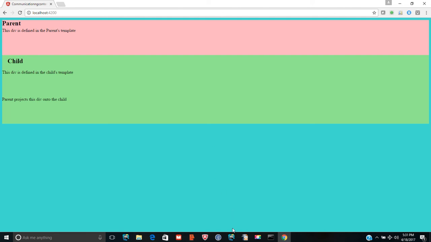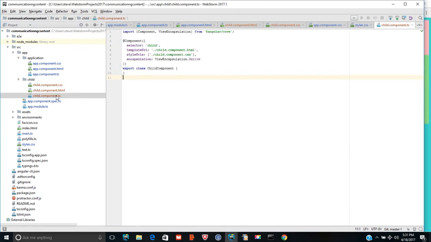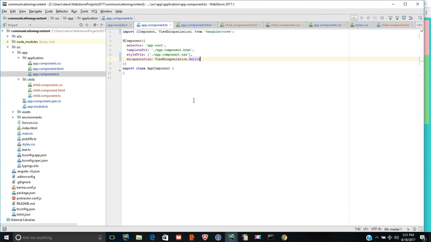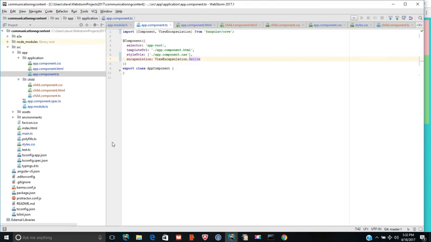And I think the way I last left it was native, right? So this is what Google is doing by default. It's doing what you would expect. This component has its own style. This component has its own style. The web page itself has its own div tag color, but we're not using a div tag in the web page yet. So let's